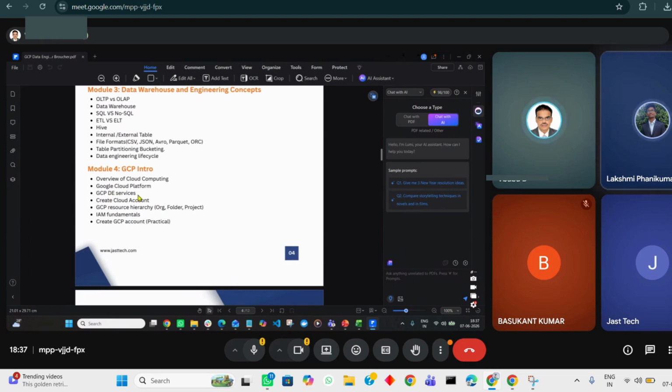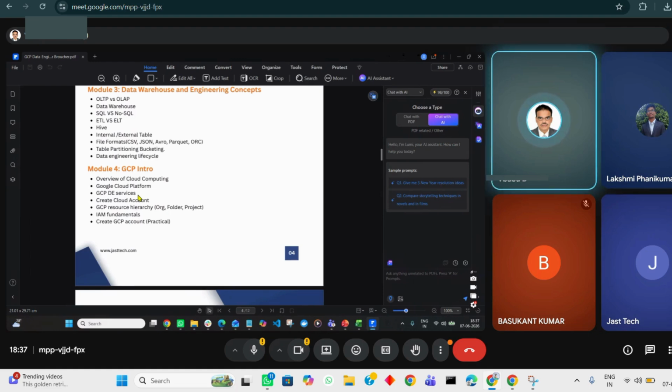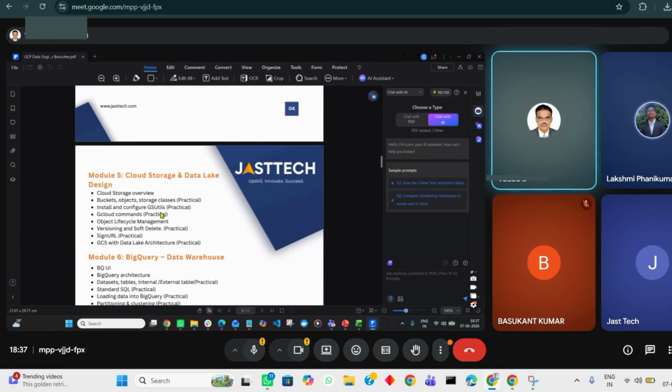First of all, you just need a Gmail account, that's enough, because you can have a free account on GCP also. To use any kind of APIs in GCP, you should have some kind of account. Nowadays everybody has a Gmail account, but you have to configure it. And we will start with cloud storage.